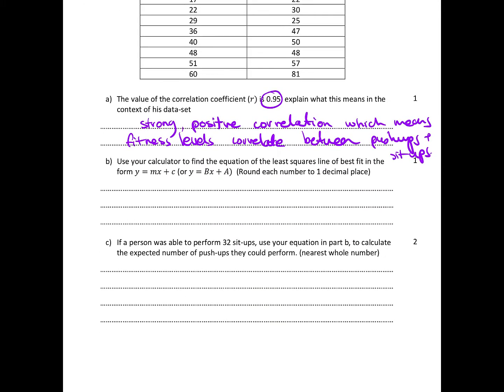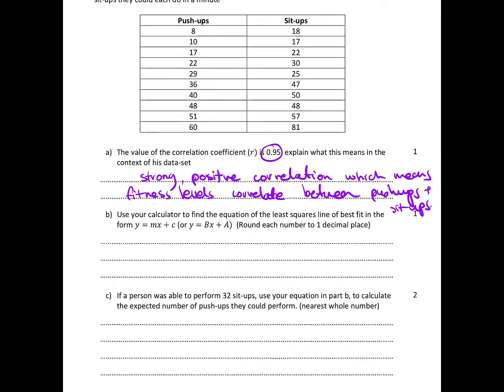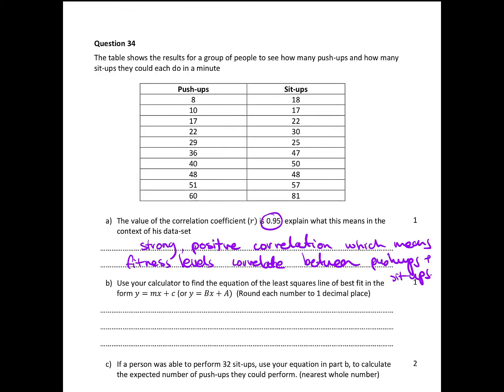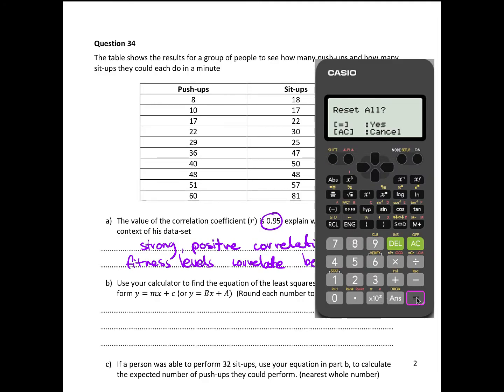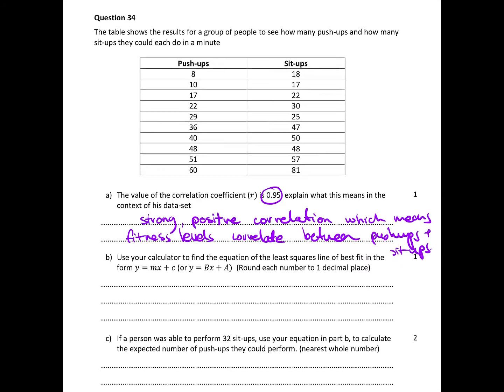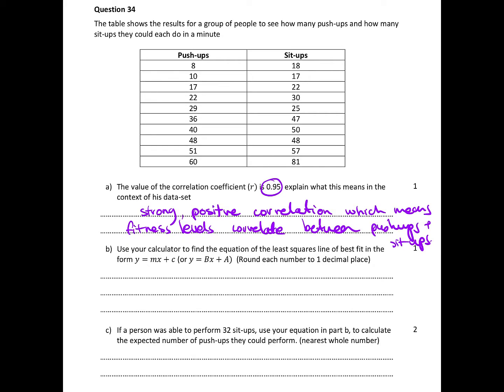Use your calculator to find the equation of the least squares line of best fit in the form of such. Round each number to one decimal place. Okay, so let's plug that all into the calculator. So we start off with 8, 10, 17, okay, then right, now after we've plugged that all in, our calculator actually can compute the values for the equation